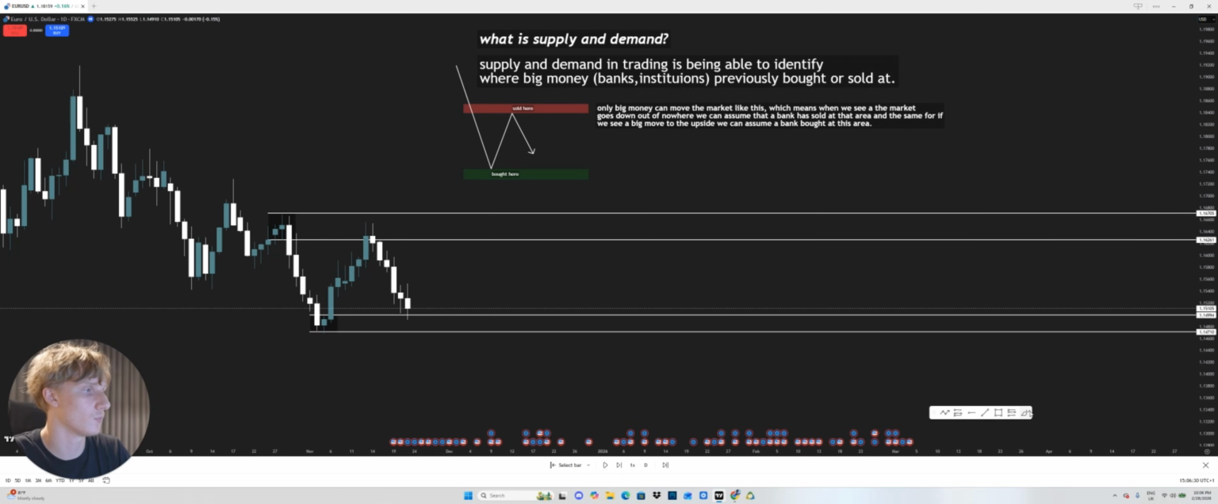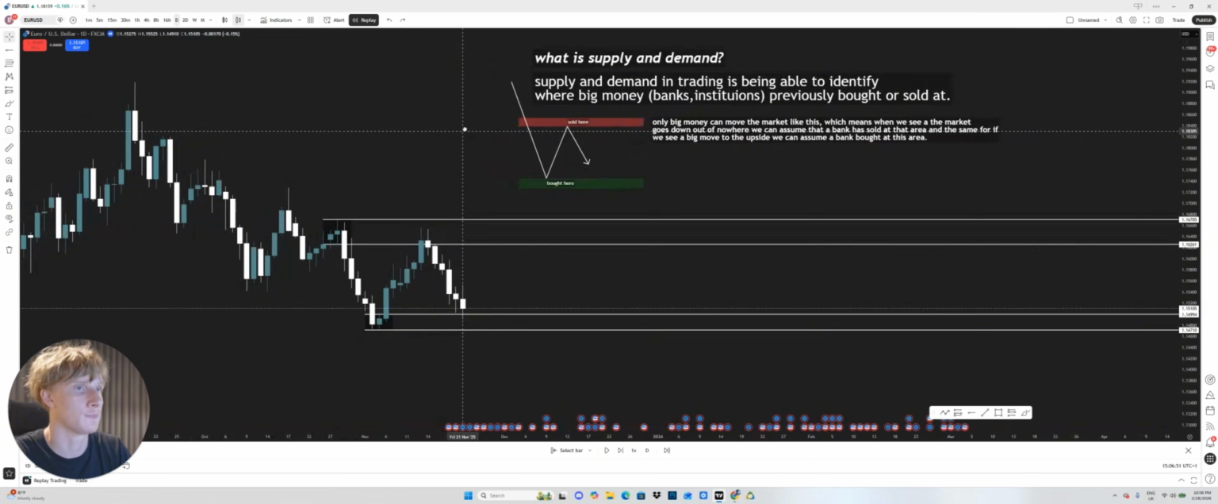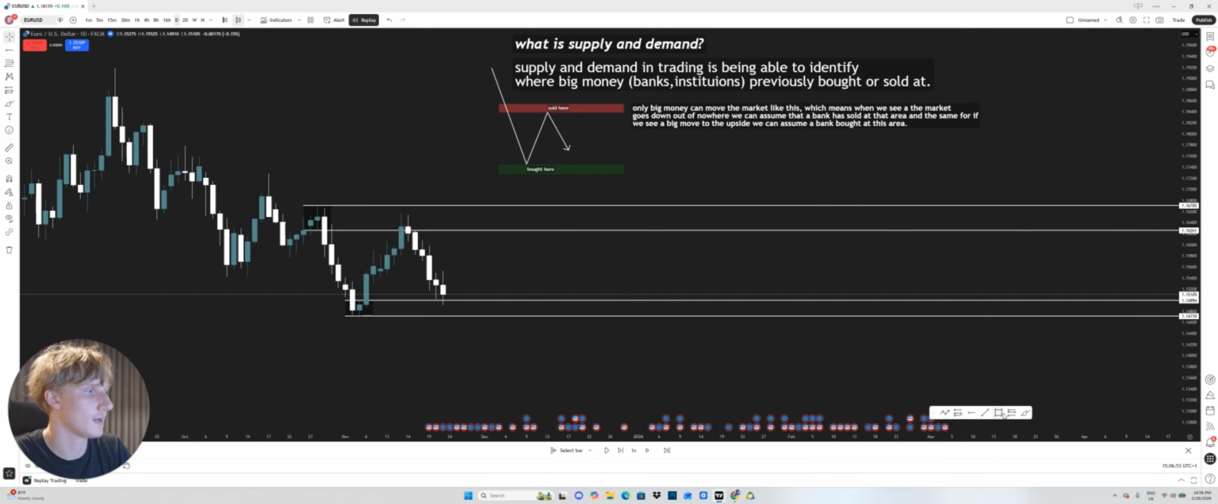So why does this happen? This is what we need to focus on. Why does this happen right here? This is what we're interested in. This is how we catch our trades. A bank or an institution, and I'm going to make this as simple an explanation as possible, cannot enter all of their positions at once. You have to imagine that when they are buying